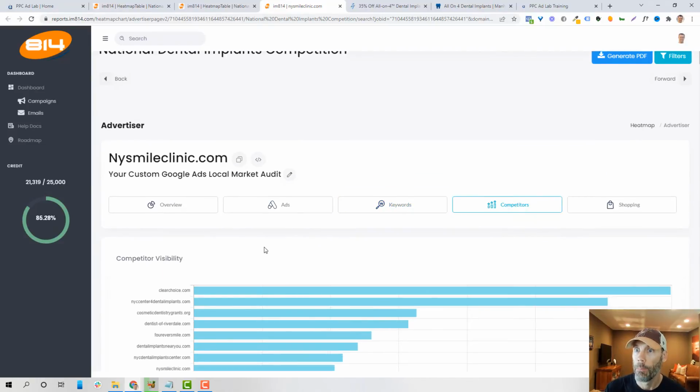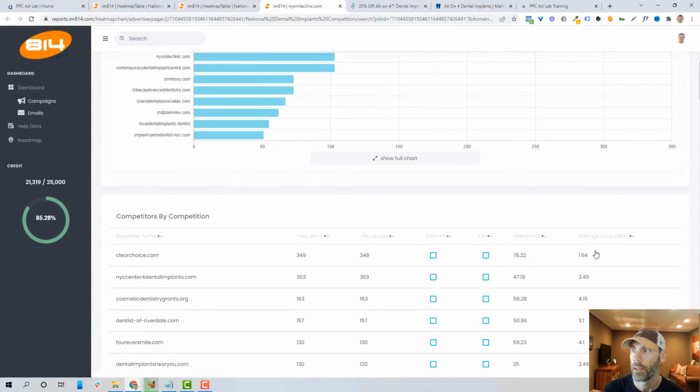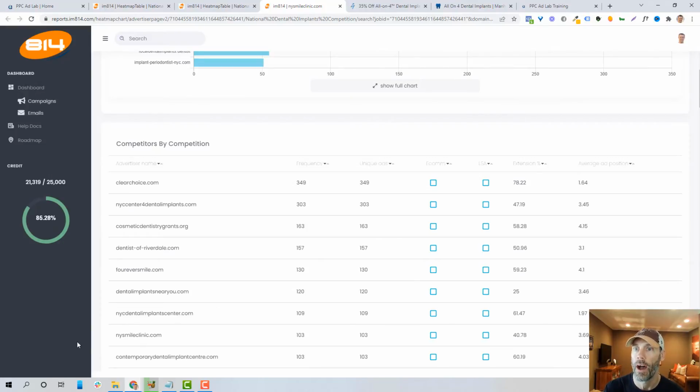Again, competitors, competitor visibility, clear choice is on all kinds of different things. What I do like to see is competitors by competition, and I like their average ad position. This is super valuable to me. If I'm working for foreversmile.com, for example, I can quickly see that their average ad position is